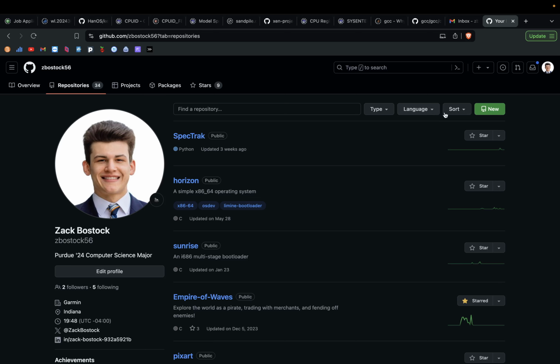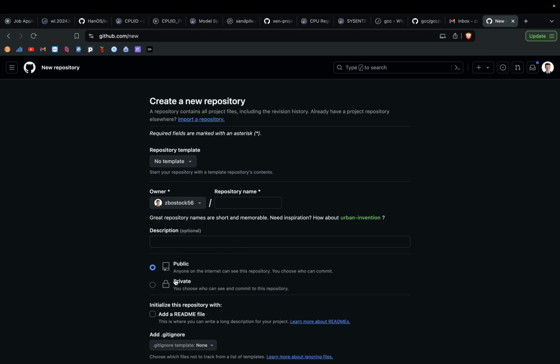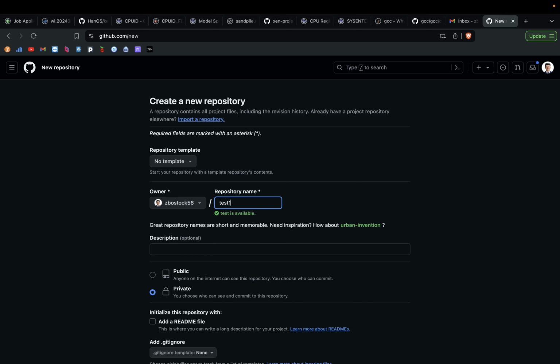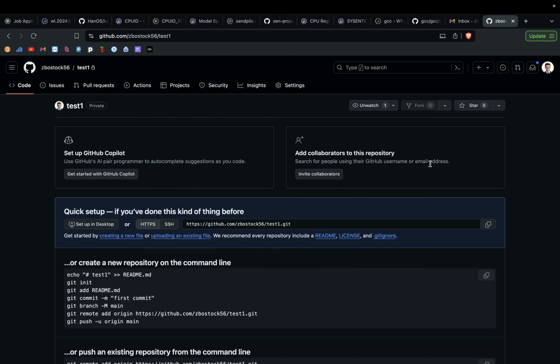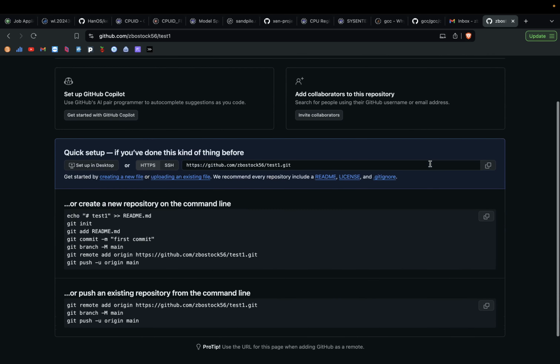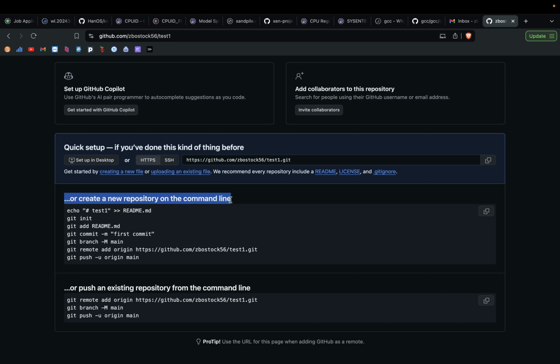So in your repositories, I'm going to make a new one, private. Test 1, okay, cool, and create repository. Whenever you create a repository, it's going to show you two things. If you want to create a new repository on the command line, you can just copy all these commands and